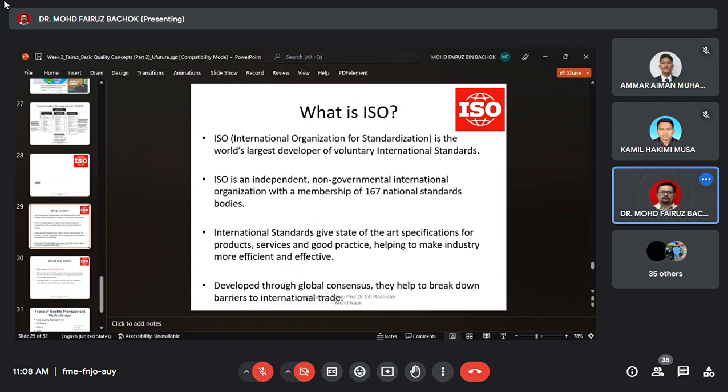It means that when you get the ISO certificate in Malaysia, you do not use it for one country only. You can use it all over the world, because the ISO certificate is recognized in all countries in the world. By breaking down the barriers, when you get it in Malaysia, you can use it for construction in another country. So there are also many companies originally from Malaysia doing projects there, in Dubai for example.